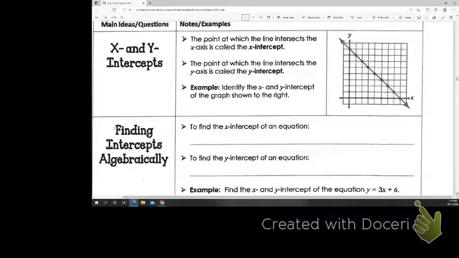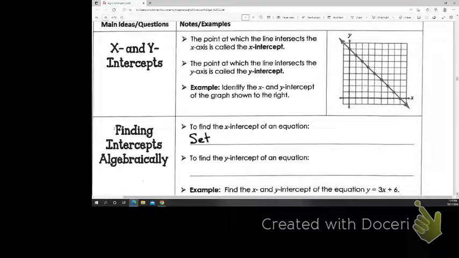We've already been using the y-intercept in slope-intercept form, but we also know about the x-intercept. It's where it crosses the x-axis. The y-intercept is where it crosses the y-axis, just like they sound, right? And so if I have an equation and I want to use algebra to find the x-intercept, this is like